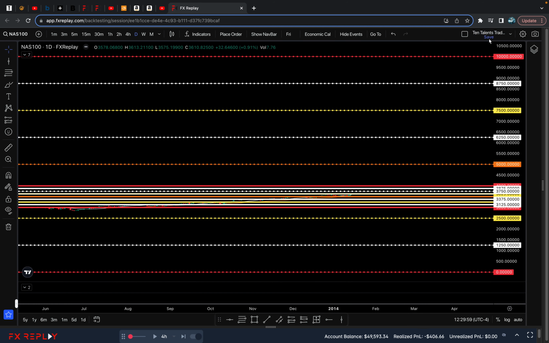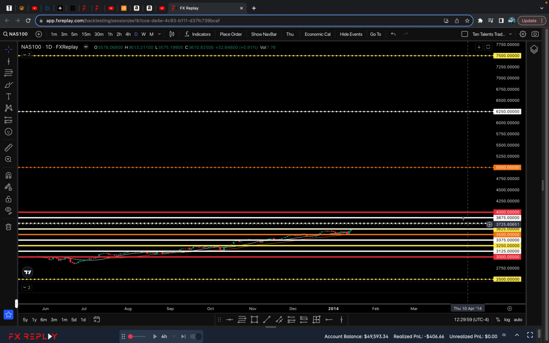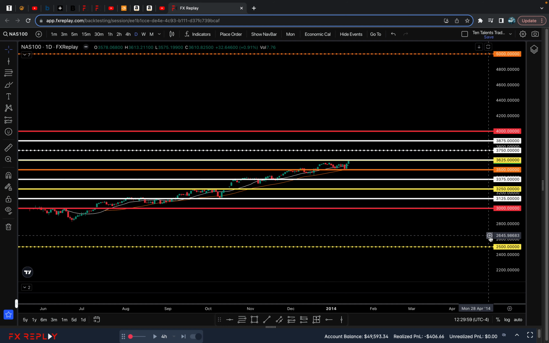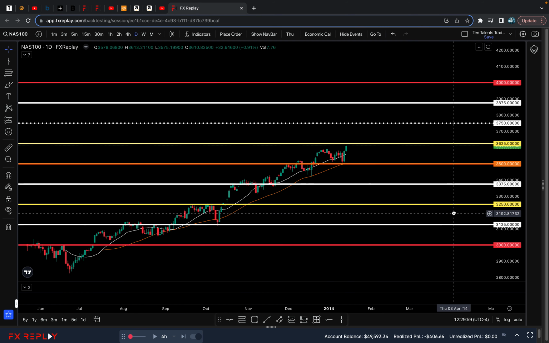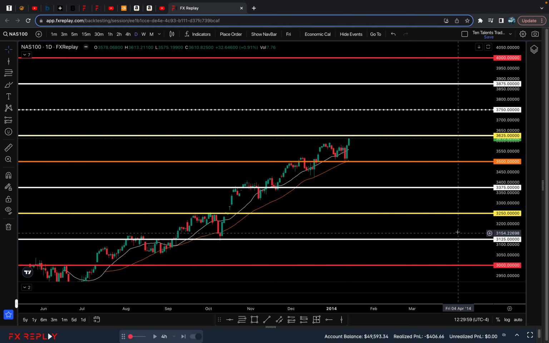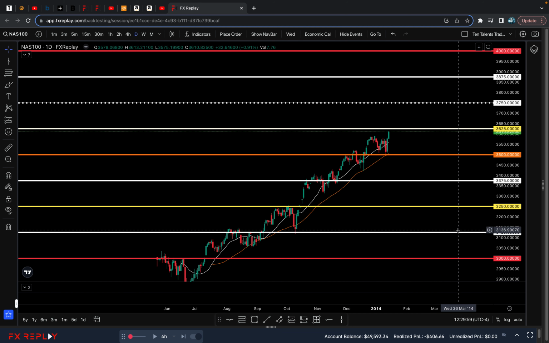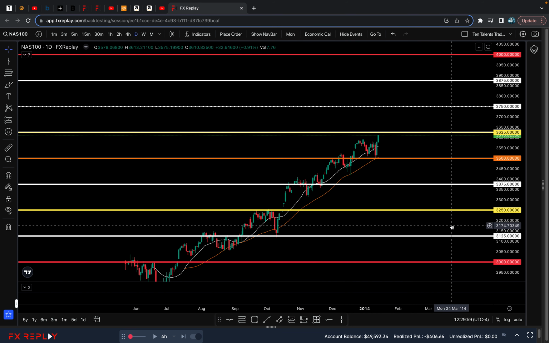So what you want to do is zoom in to where price is, and then for the NASDAQ, get your next whole level, which in this case is 3,000 to 4,000, and you can see price reacting off these levels very clearly,